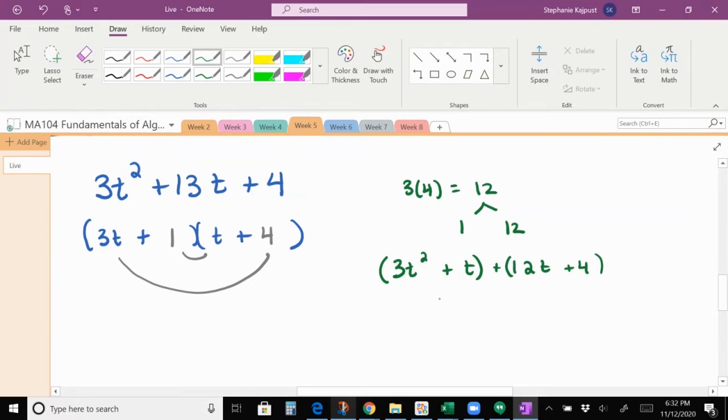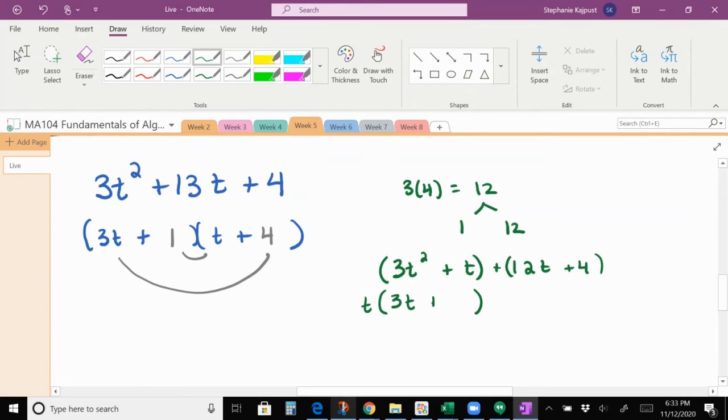So at this point, we would go to the greatest common factor again. Greatest common, which is going to be 4. No, it's going to be 3. But we can't pull 3 out of the t. So just t. Greatest common factor is t. So then we go t on the outside. In the parentheses, there's going to be 3 and then t